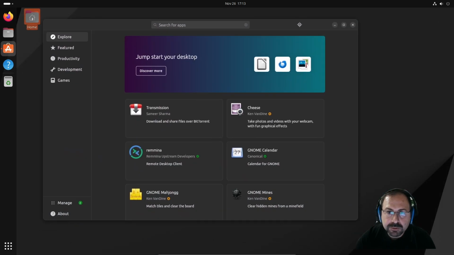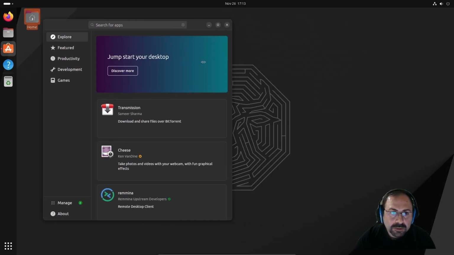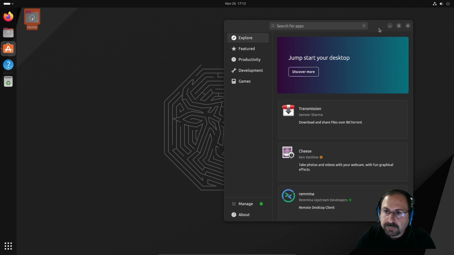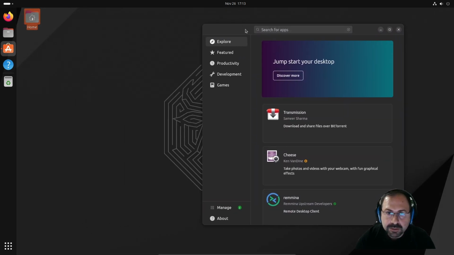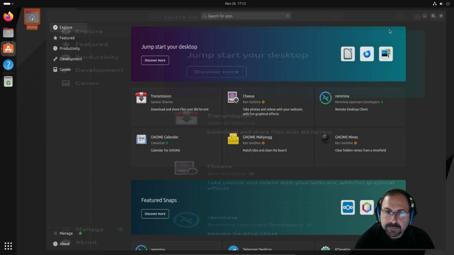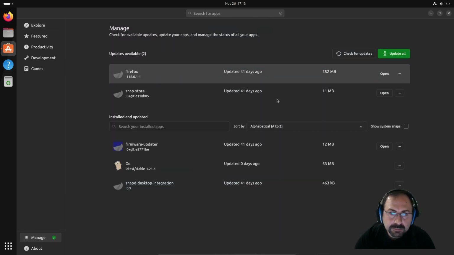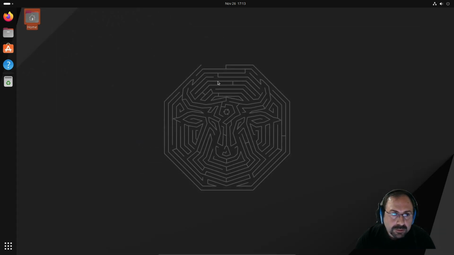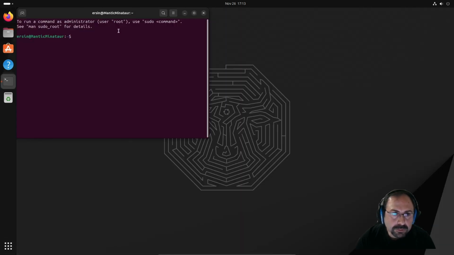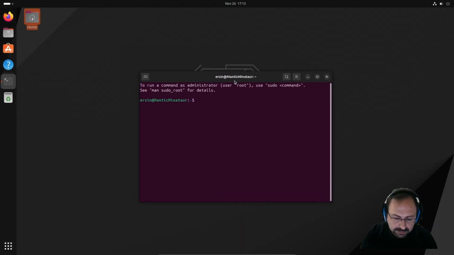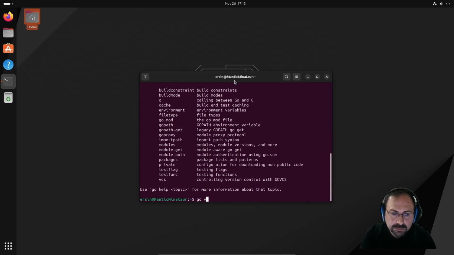It's much easier and beautifully enhanced than previous app stores. We can manage, install or update applications, and if you want to see Go, it's installed.